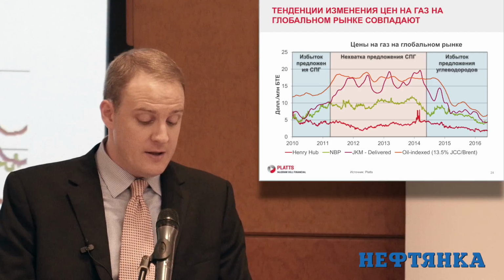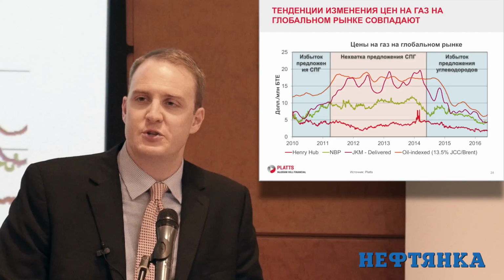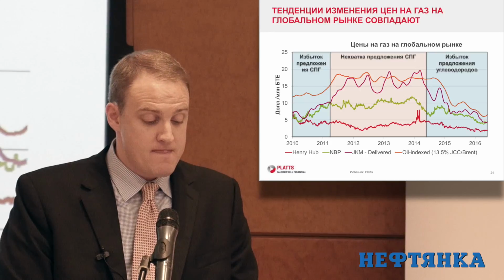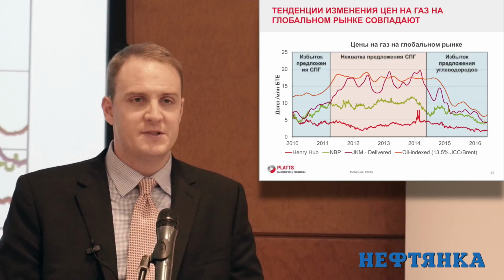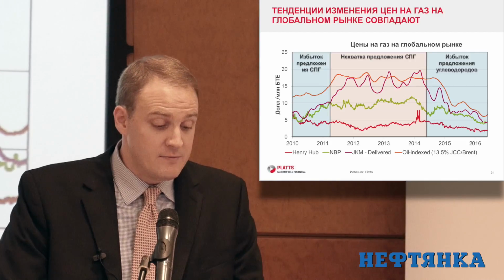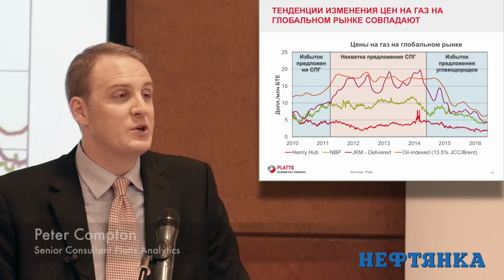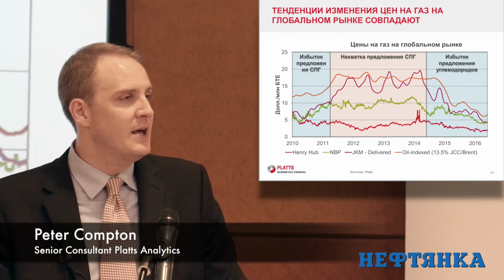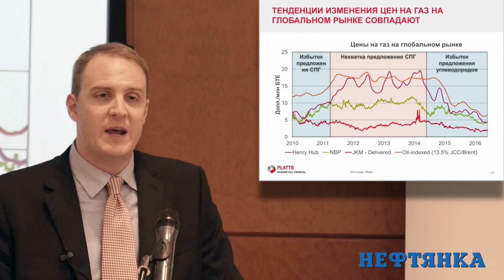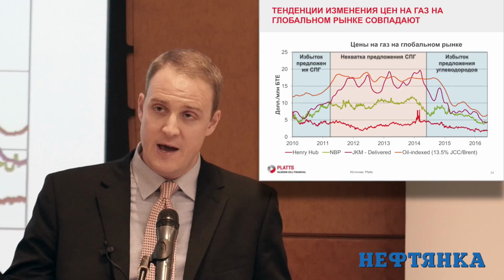And then finally, the oil index price based on the Brent price that many contracts globally are traded upon. Now, if we look at this graph, over the last 5-6 years, we see three pretty distinct segments in terms of what these markets have been doing. In 2010, we saw a global LNG oversupply situation, which was rapidly and significantly adjusted by the Fukushima disaster in Japan, which created and stimulated a lot more natural gas demand,